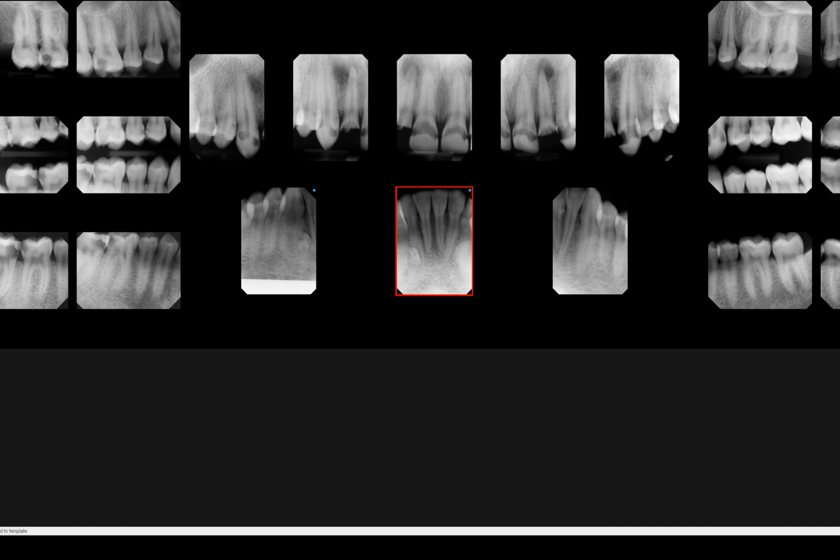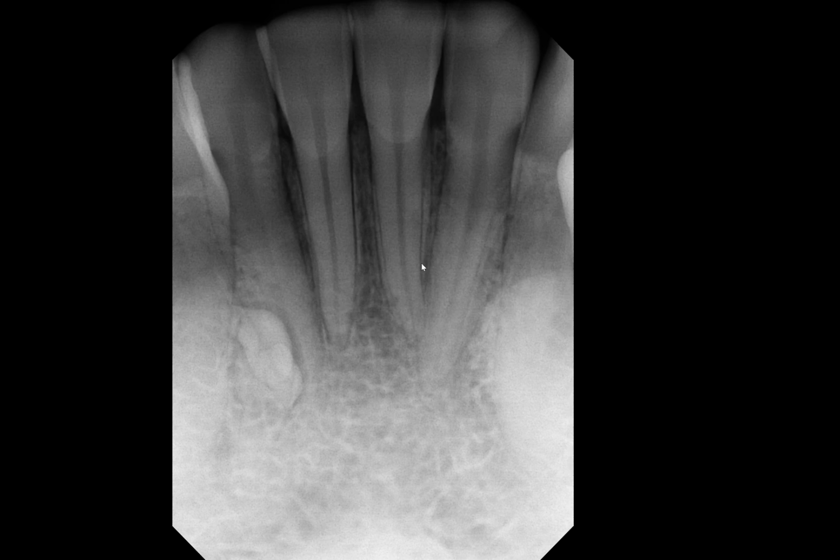Hi everyone, in this video I'm going to show you an example of odontoma. So this patient is in his 20s, and if we look toward the anterior mandible, should we start out with this one? So let's go ahead and open this one. Here we see mandibular incisors, and right over the apex of this incisor number 26, we see that there's kind